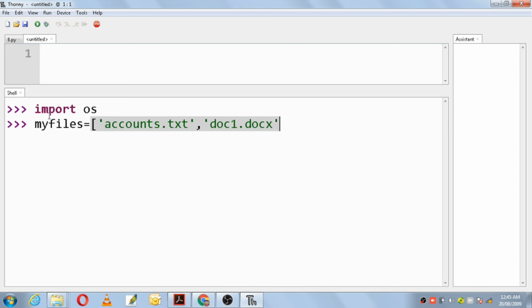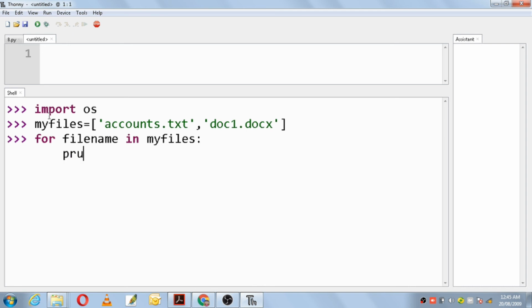So I have two files here. To iterate through these files, I'll make use of a for loop: for filename in myFiles, put a colon.